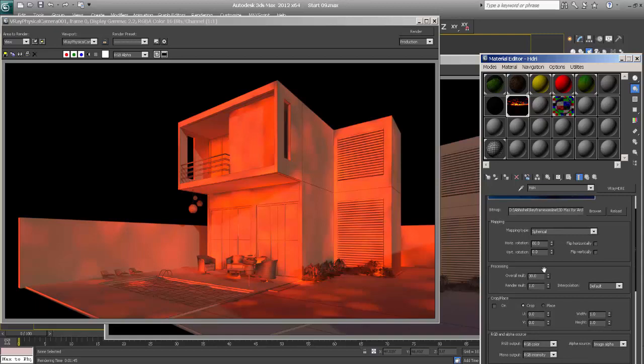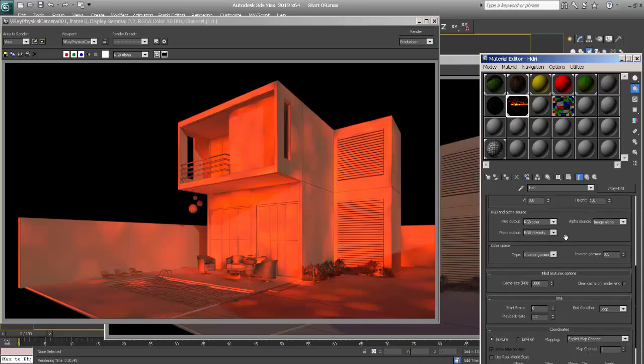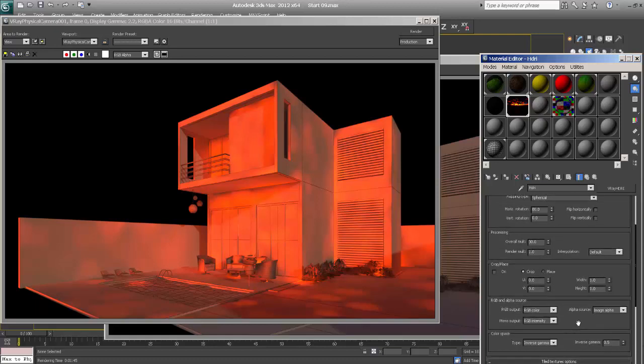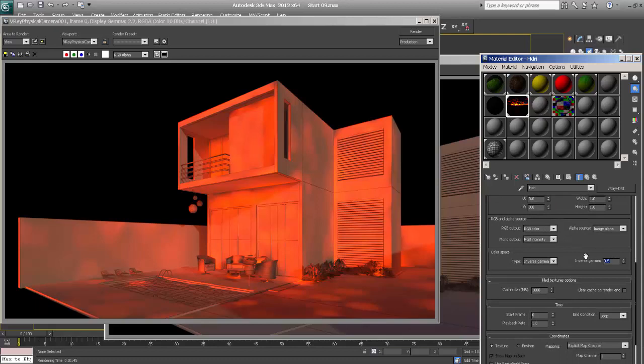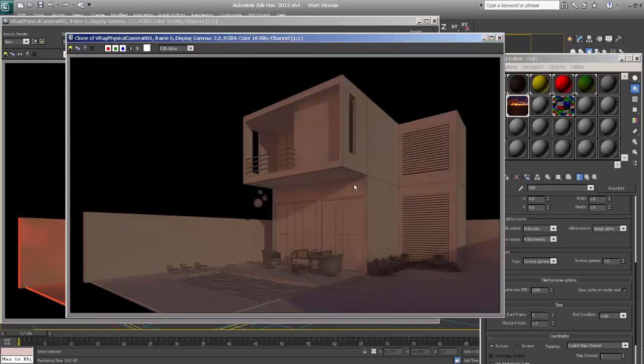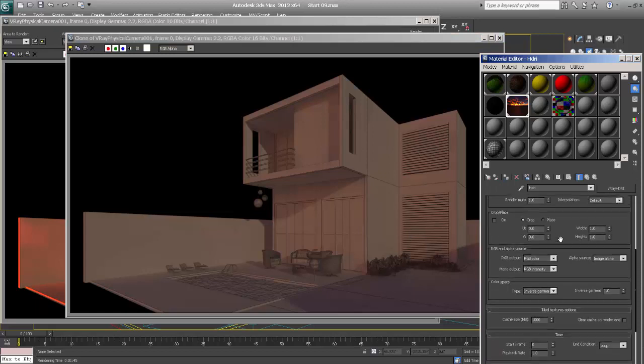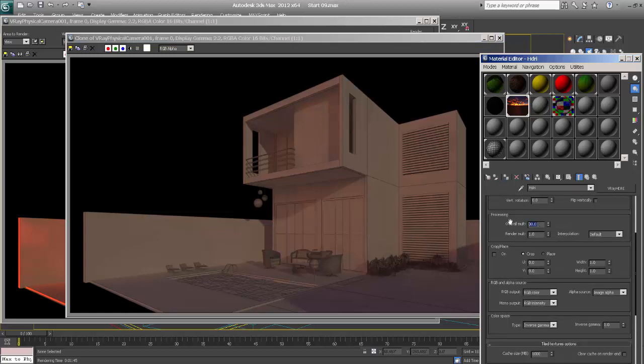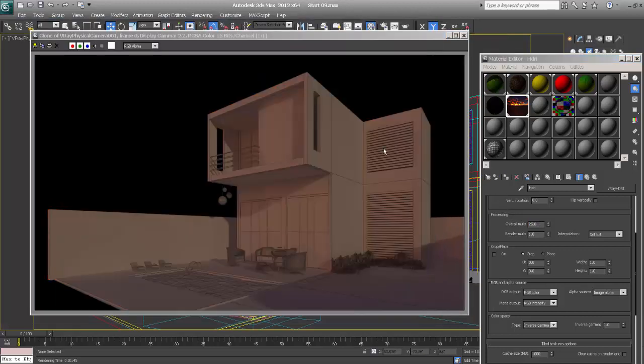But if you notice, I have increased the overall multiplier on a very large scale. So in this technique, we don't actually use inverse gamma. In a day scene, we increase with a 10 multiplier or 5 multiplier, and then we play with inverse gamma. But in a night scene, I personally do not use inverse gamma. So this will be out of the question, so I'll make it 1. This was our previous render, and it gives us mild light, and still I don't want so much of a multiplier in this scene, so I'll make it 25,